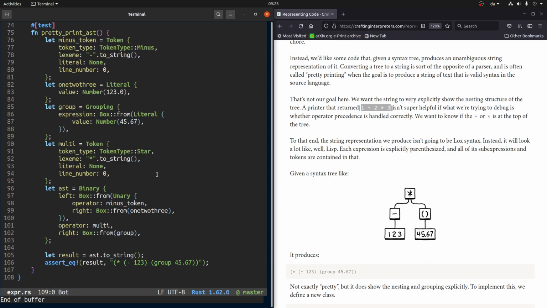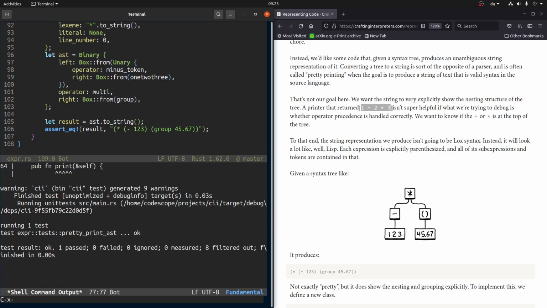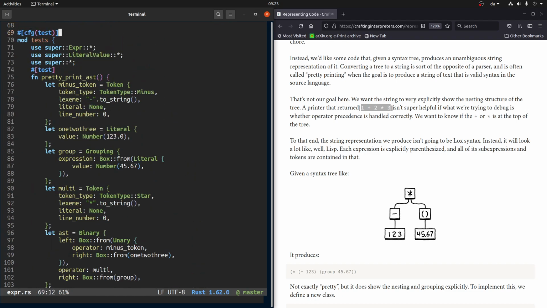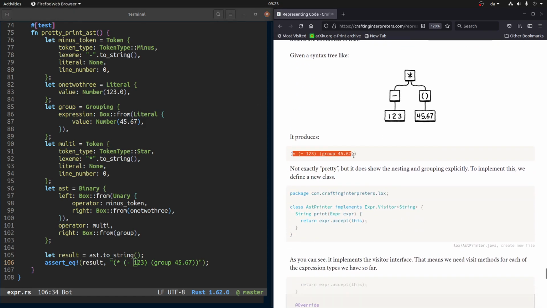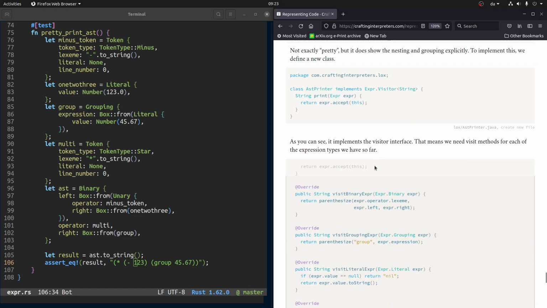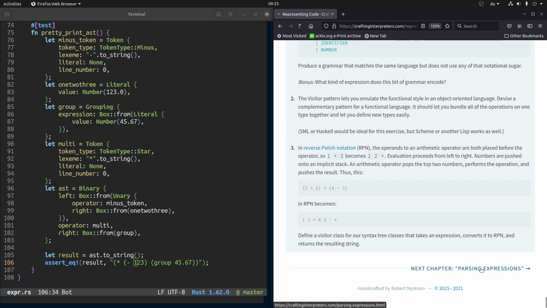So if we run this test, there's a lot of warnings still, but the test passes, and that means that we were able to take this abstract syntax tree and format it in some way, in particular in this way, kind of a Lisp-like notation where you can easily see the tree-like structure. So that's it for this chapter. Now we go to the next one,